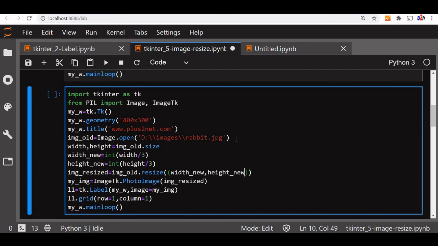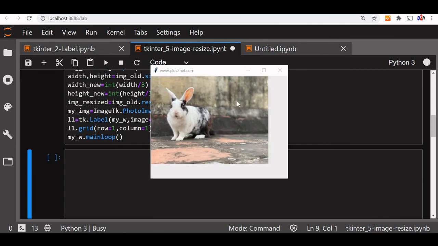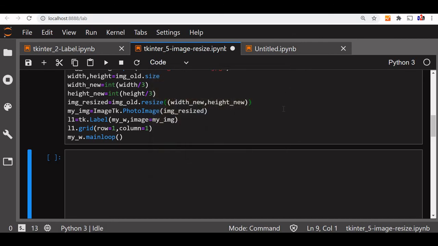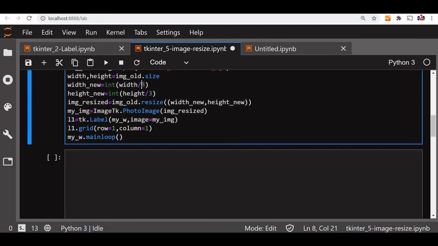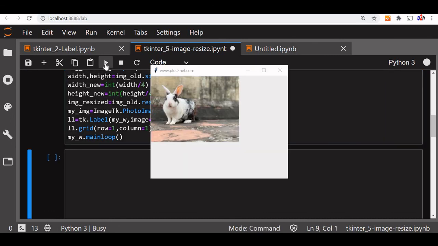So whatever the original height and width is, it will just reduce by 1/3. Let's run this. You can see directly the same image is reproduced here with a 1/3 reduction in size. Now this ratio 1/3, you can make it 1/4 also. So let's change it a bit and see how it looks if you make it 1/4. You can see it's further reduced. You can bring it to any size you want, or you can display it over a button.